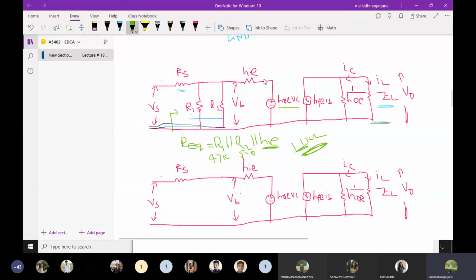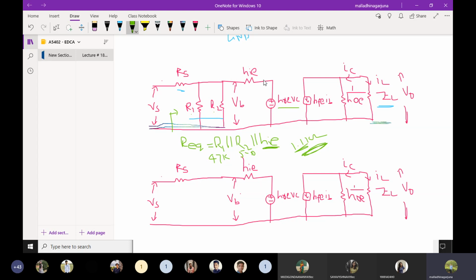It may show the major effect on the DC analysis, that is, setting the operating point. The DC biasing may show the major effect, but in the AC analysis these two resistors may not be involved effectively in changing parameters like current gain and voltage gain. So for that, to simplify our calculations,